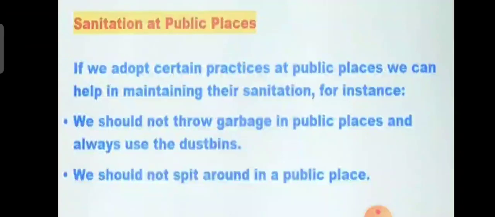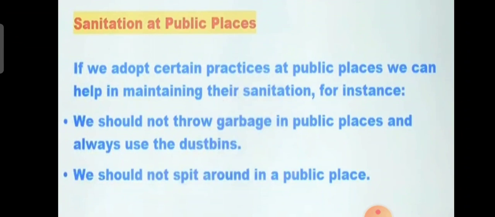Right? The next topic is sanitation at public places. Sanitation refers to what? The measures taken to improve and protect the health and well-being of people. For good health, sanitation is very important at home as well as at public places like fairs, markets, buses, railway stations, roads, offices, airports, hospitals. So, simple practices help in maintaining sanitation at public places. What are those? First is always throw waste paper, food waste, empty packets, water bottles or any waste in the dustbin.